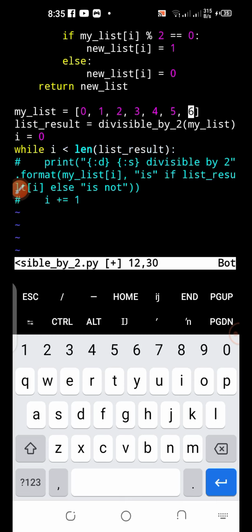So these are 7 numbers. So what I'm saying is, while 0 is less than what? Because i here stands for 0. The variable always changes, so let me just put 0, because when it comes to this point, it will add up to 1. So while 0 is less than 7,